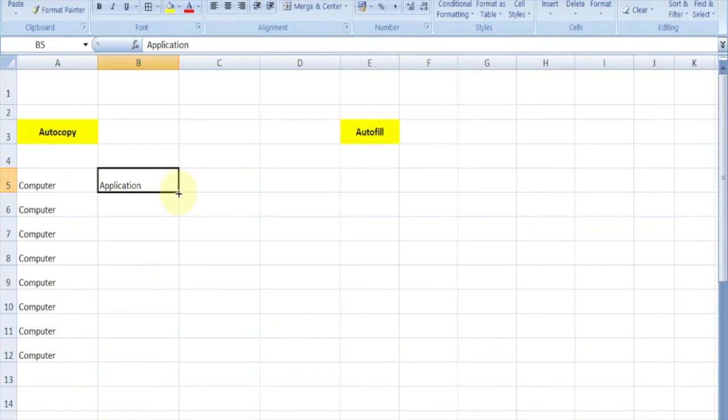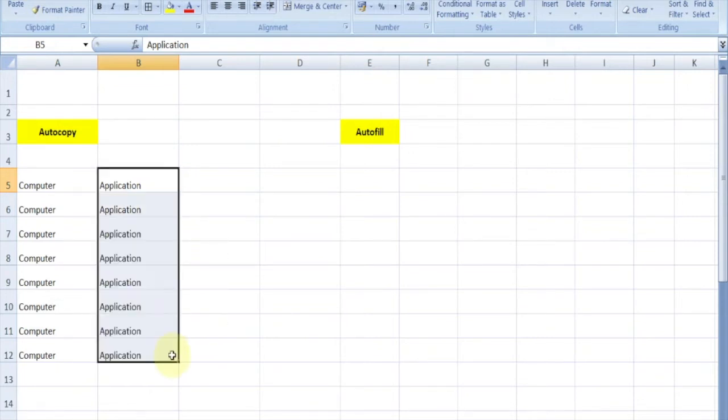We drag this fill handle to various cells and we get many applications copied to the next cells. This is called the autocopy feature of Excel.